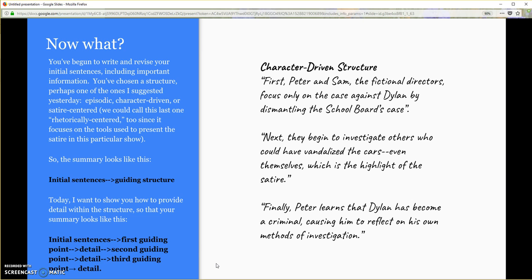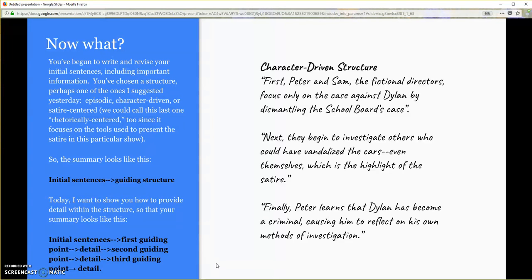And you can see here that the examples I've given are sentences. So I would kind of view these, as the writer, as mini topic sentences that I would then flesh out with some detail. So instead of just initial sentences and a guiding structure, if you look down at the bottom of the page